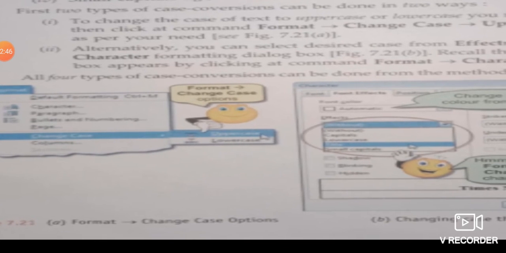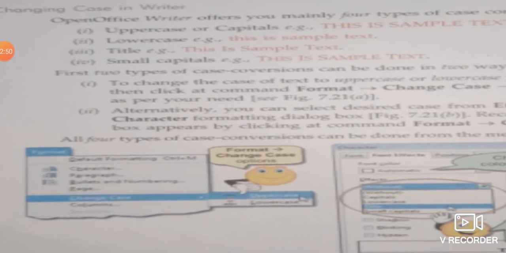First you will select the text, then click on the format menu, and then click on the change case option, and then you will choose any case that you want. Okay, so the dialog box will appear, and from there you can change any case.